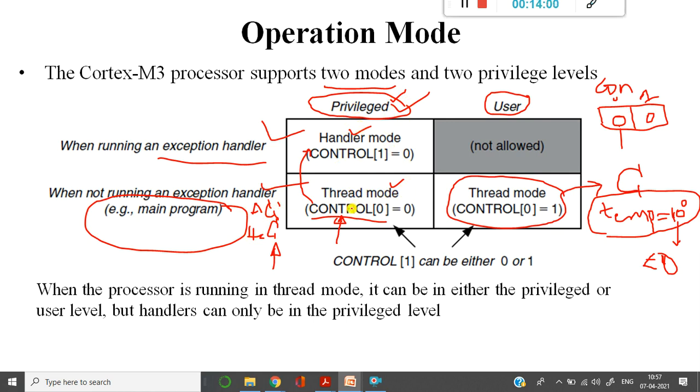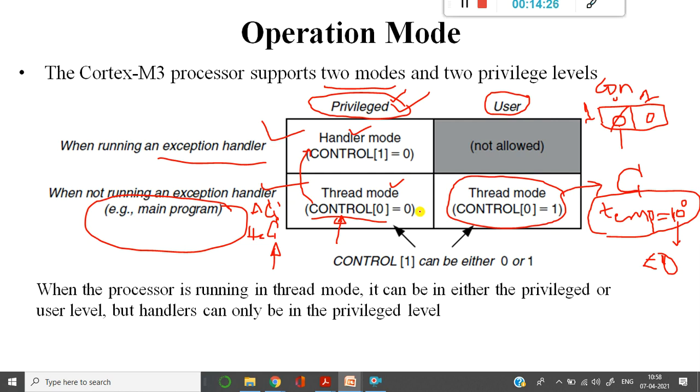Then what is handler mode? So if this is control bit 0, the moment it starts executing the privileged mode, the control bit 0 will be overwritten by 1. So which indicates that there is some operation taking place.